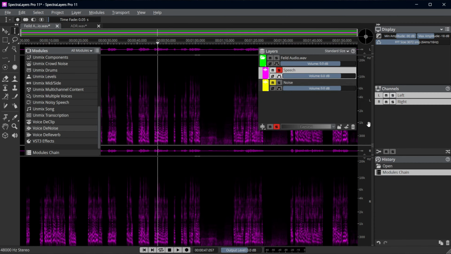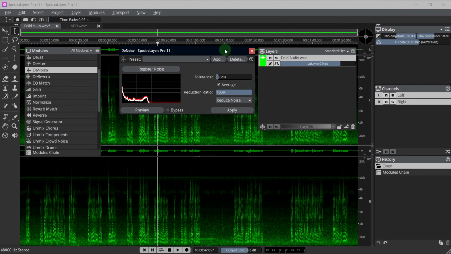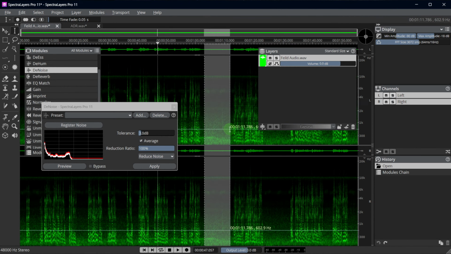And I should just mention one other little thing. Because we've got the noise quite clearly here, what we can do is also a standard denoise. So with the standard denoise module, we'll select some of the actual background noise.